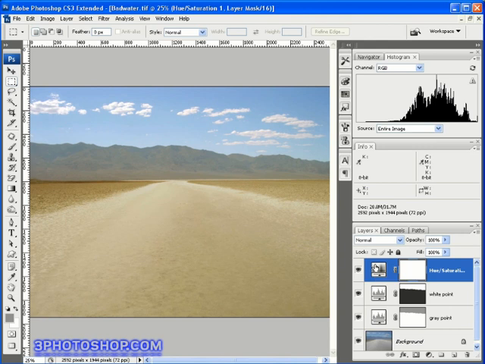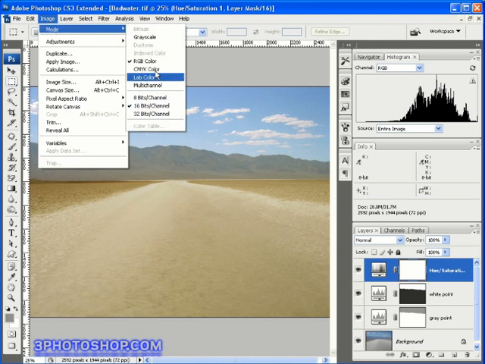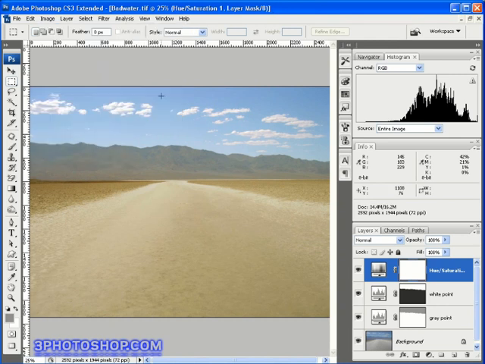I mean, this image looks pretty good through my eyes, but you may see it differently. You may want to do something else. Okay, I'm going to come back up here to the image menu, select mode, and now switch the image back to the 8 bits per channel mode so we can save it out as a JPEG or any file format you like. Of course, if you want to leave this as the 16 bits per channel mode image, then it's perfectly fine to do so,